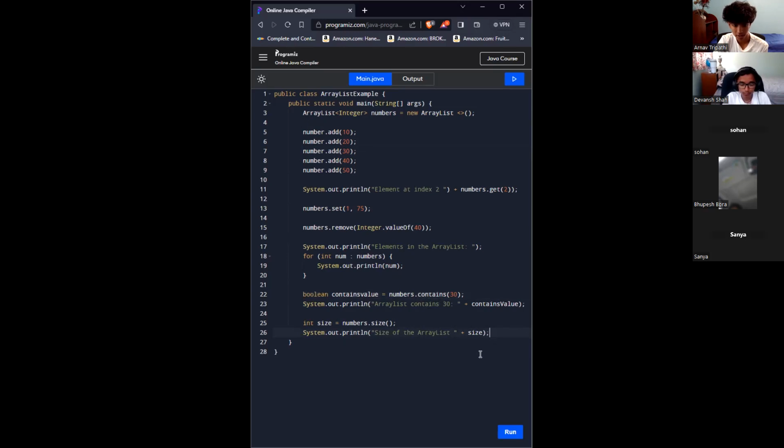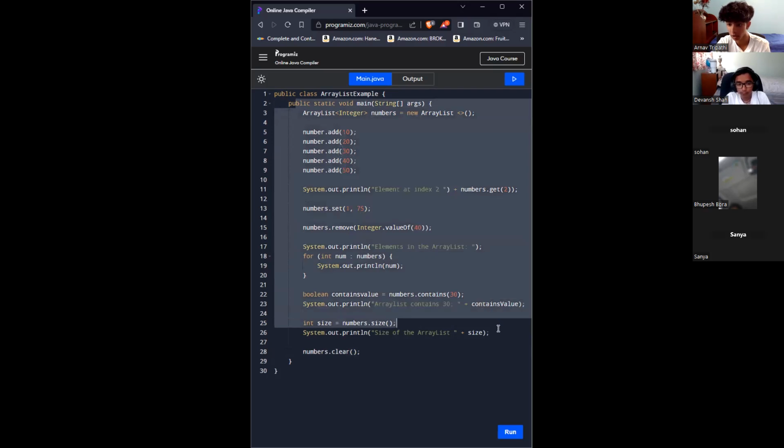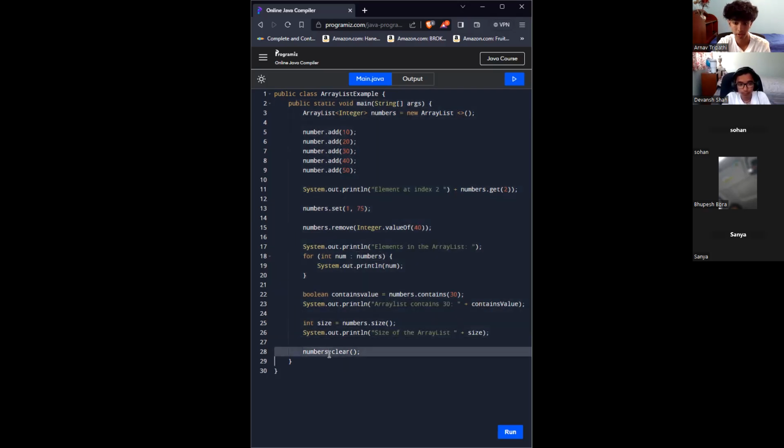Now, the last thing I want to show you is clear and empty. You can clear your list by doing numbers.clear(), which clears the array list, right? So that means it's completely empty. However, it's still going to print everything over here because this code is before the clear block. And then after that, we can have a Boolean check whether the list is empty. Remember, Boolean is true or false. So isEmpty is equal to numbers.isEmpty(),